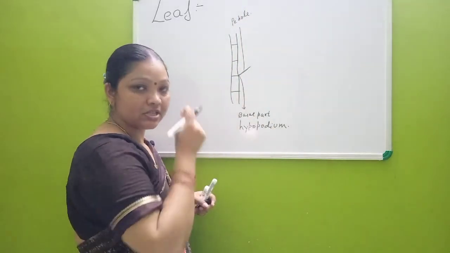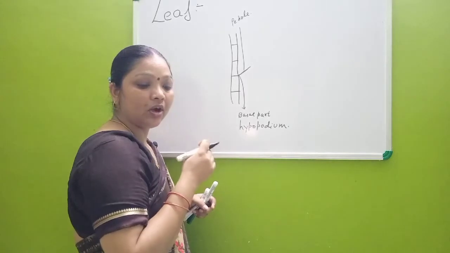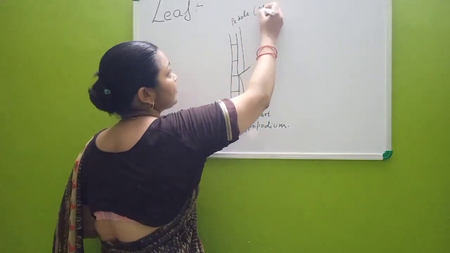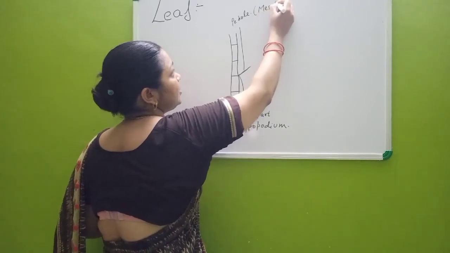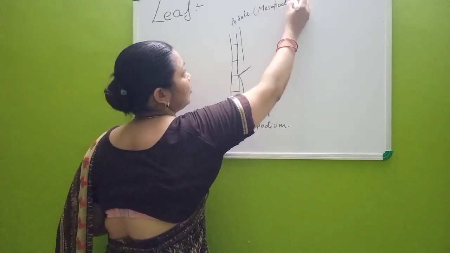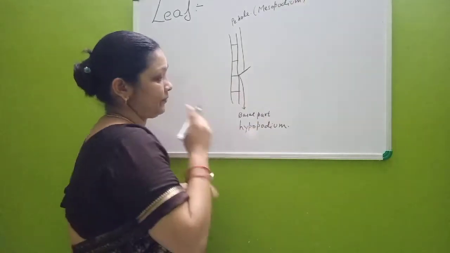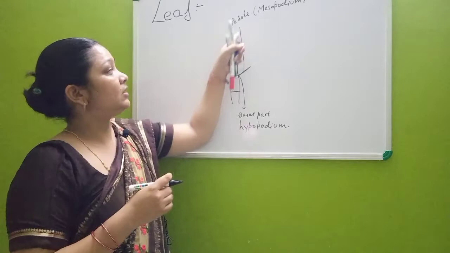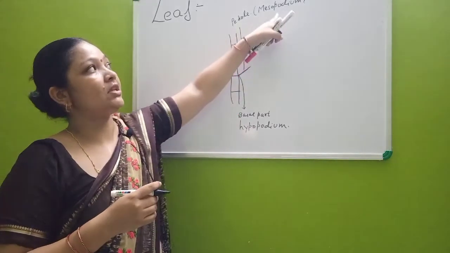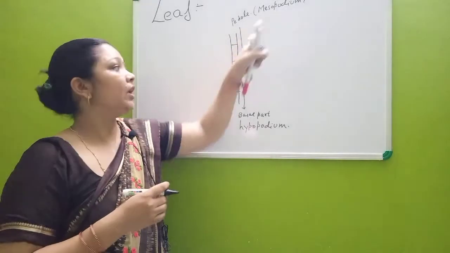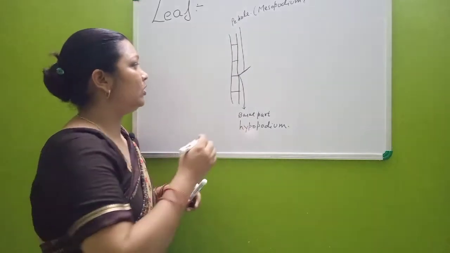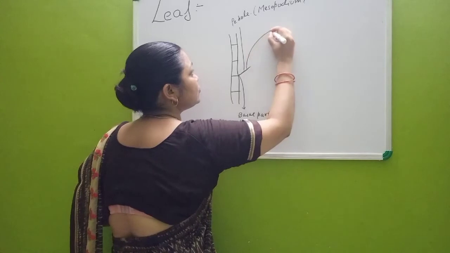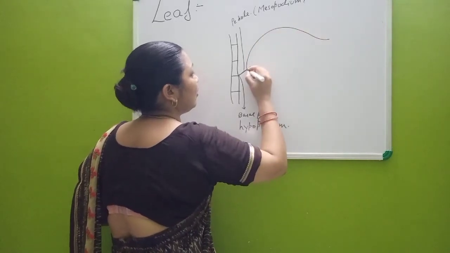The twig which arises from the basal part is called petiole, and its technical term is mesopodium. Here it is hypopodium and the petiole is known as mesopodium. Now to this petiole we have